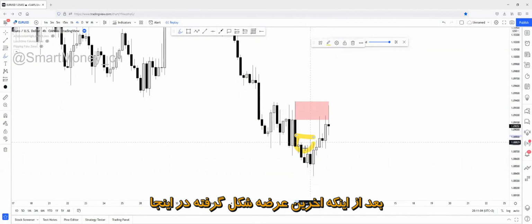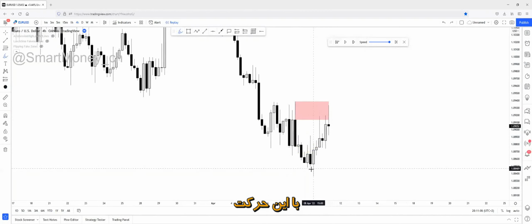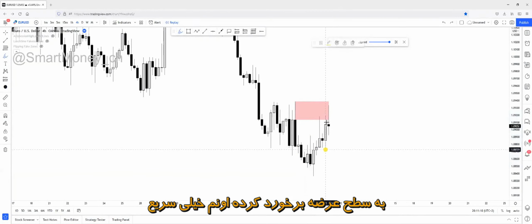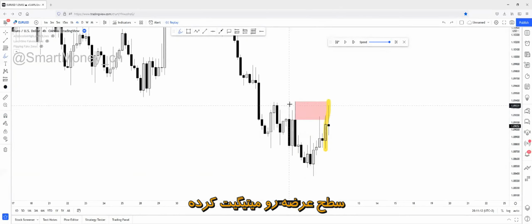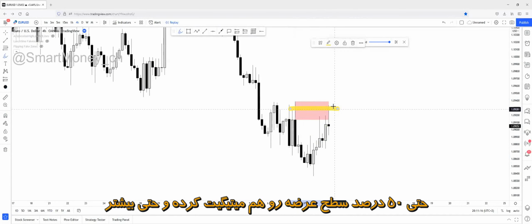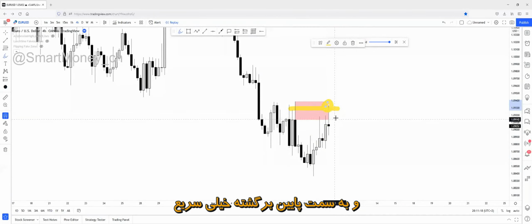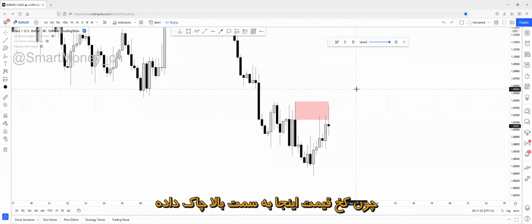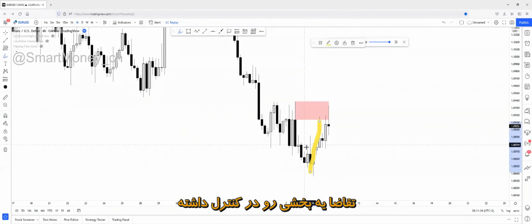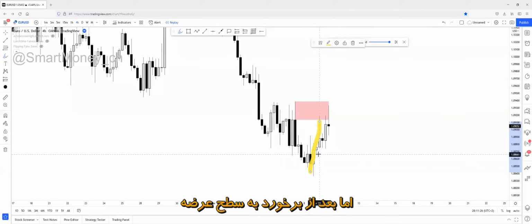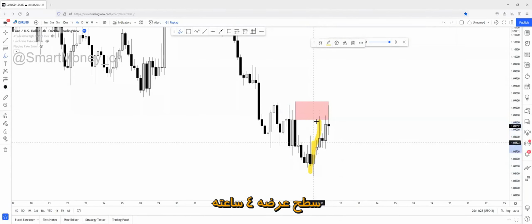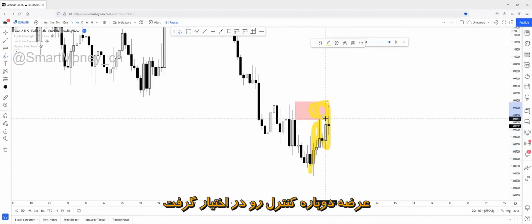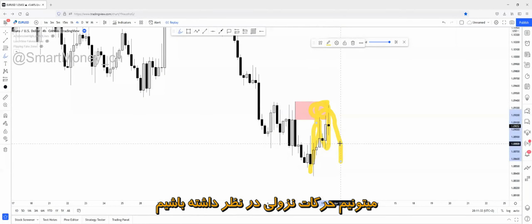So after the last supply has been formed right here, it has changed character to the upside with this movement, right? But after changing character to the upside, it has stepped into the supply zone immediately, mitigated the supply zone, as you can see, mitigated 50% of the supply zone, or even more than 50%, and reversed to the downside immediately. So currently supply is in control, because price changed character here to the upside, demand was partly in control. But after tapping into a supply zone, a 4-hour supply zone, supply took over control again, and we can expect